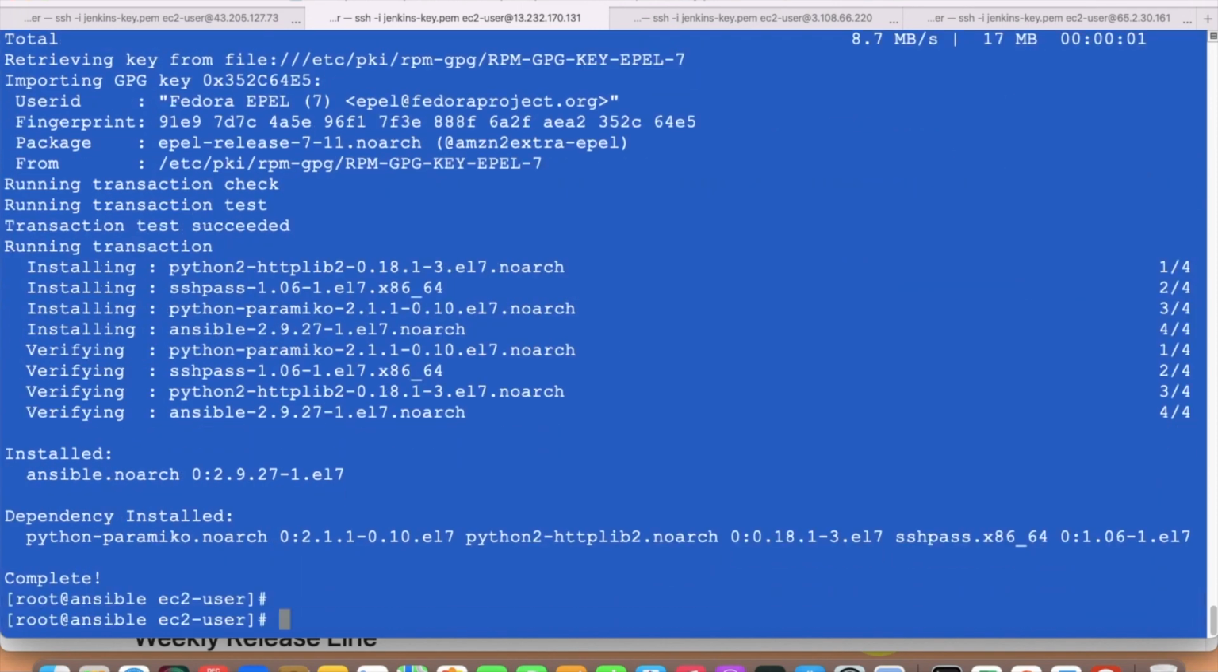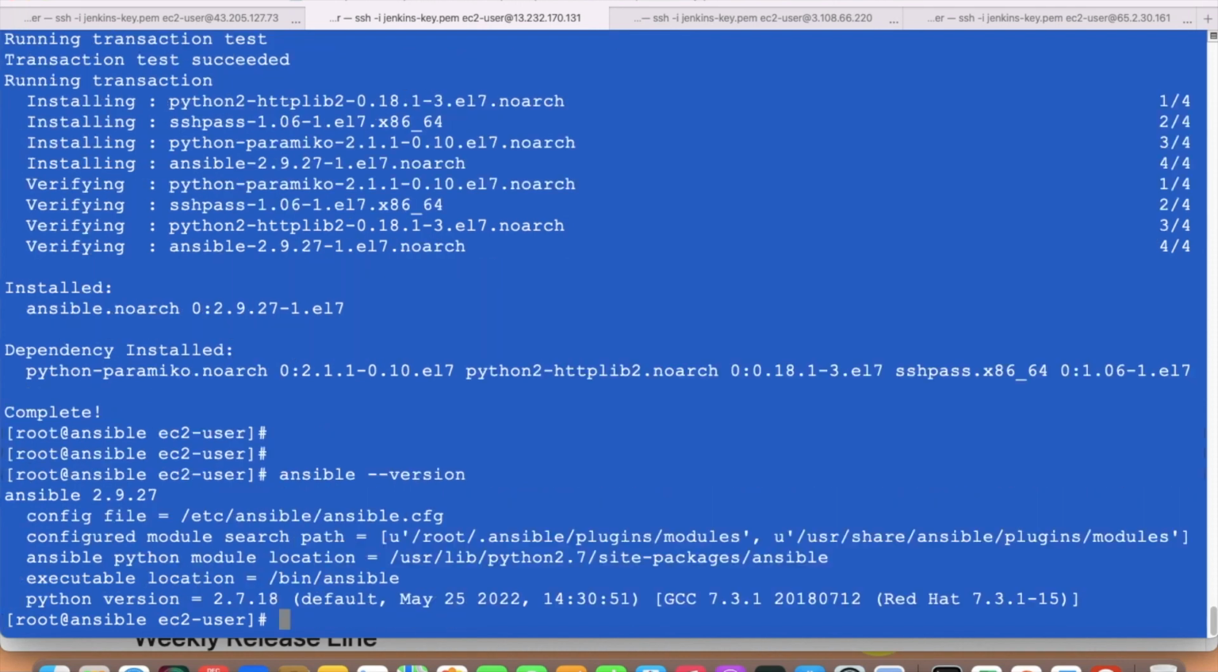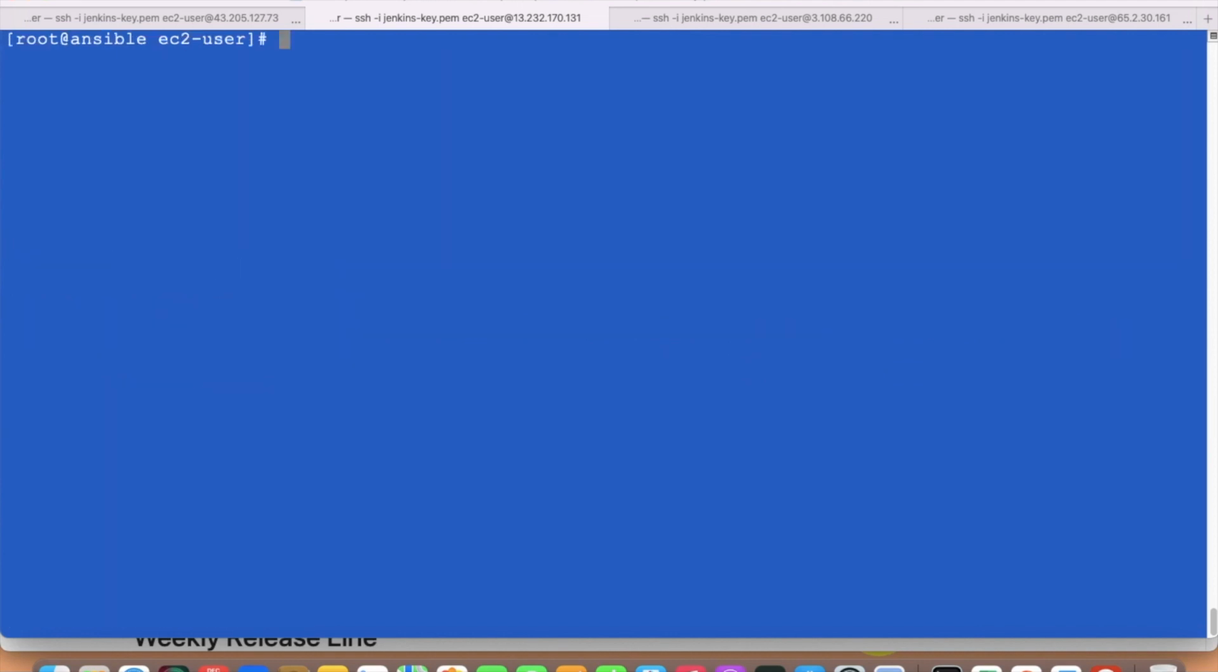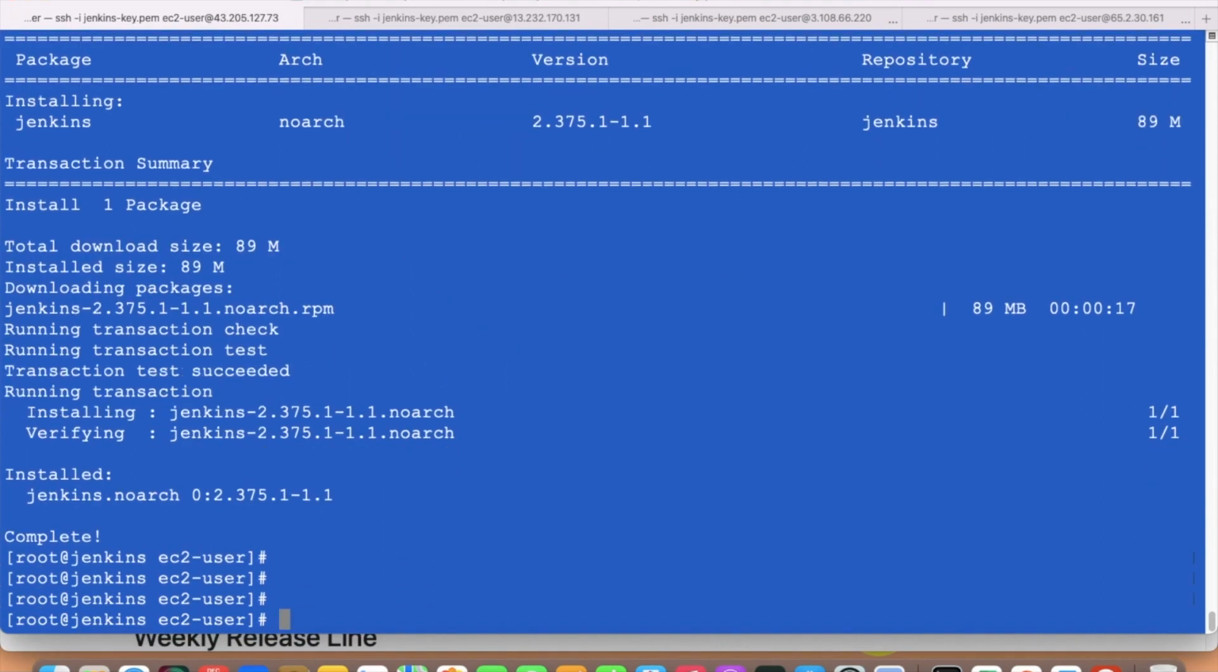Please watch carefully what I am doing over here, otherwise you will miss it and you will not be able to complete this. So Ansible is now installed. Just check Ansible. Yes, this is installed now. 2.9.27. So Ansible is installed. Okay. Yes, Jenkins is also completed. It is installed now. So for Jenkins, we will start the service. Okay. So systemctl start